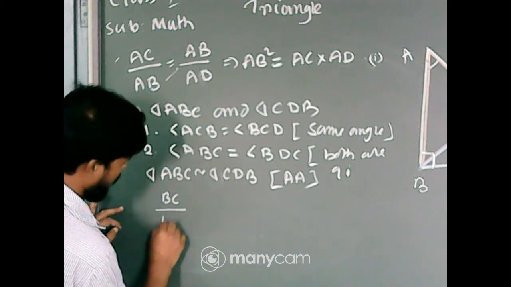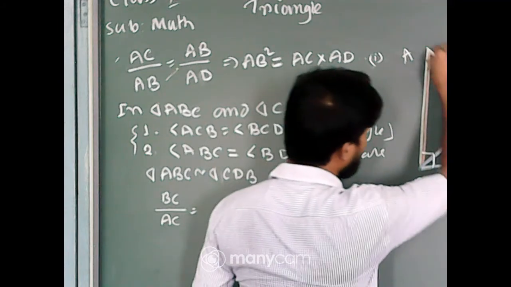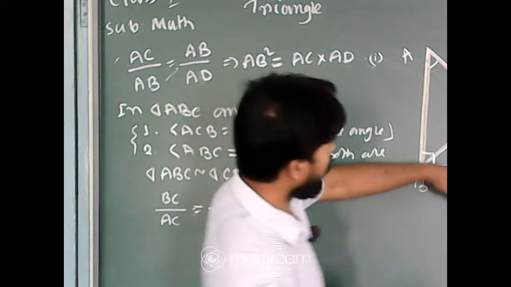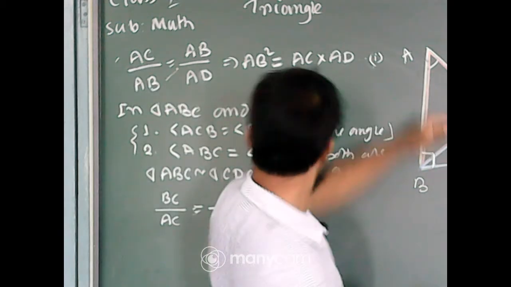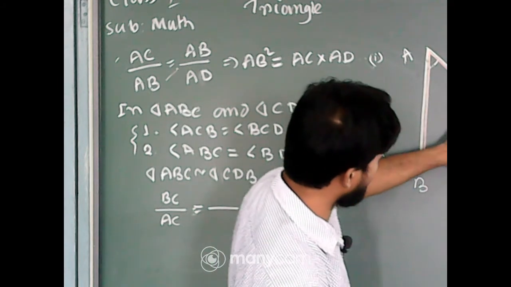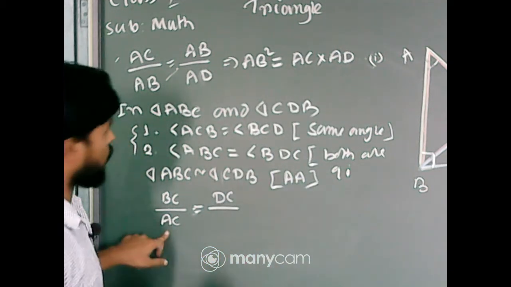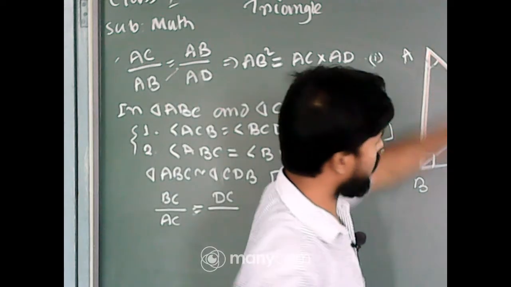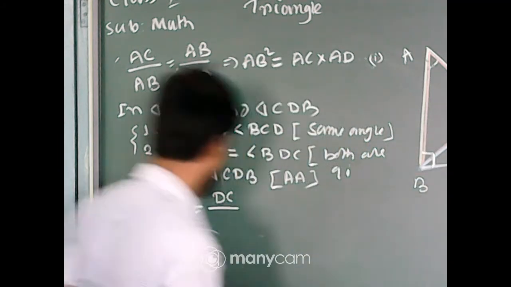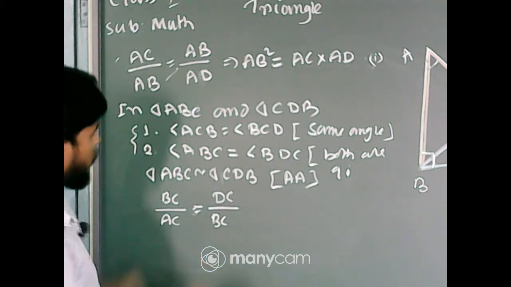by AC is equal to, this side of the triangle ABC by this side of the triangle ABC. BC means opposite of 90 degrees. So, here BC means opposite of angle A, so here opposite of angle B is equal to DC. So, DC by, AC means hypotenuse of the triangle ABC. So, here the hypotenuse of the triangle BCD is BC. So, it is DC by BC. Now, just do the cross multiplication.